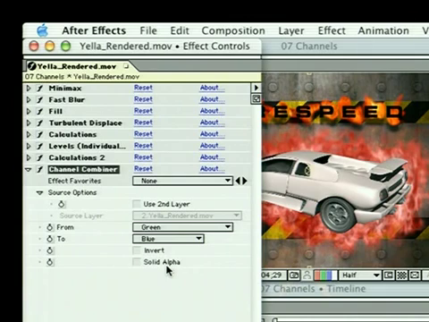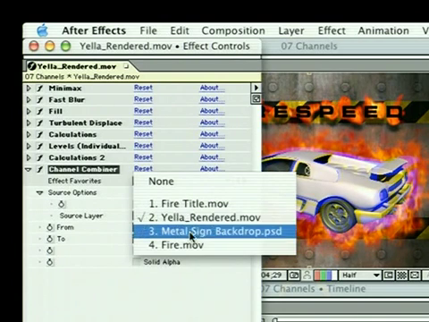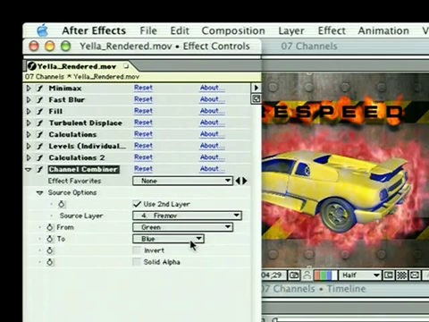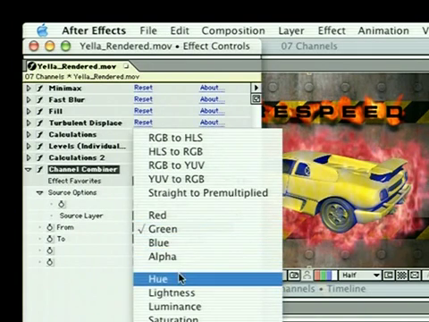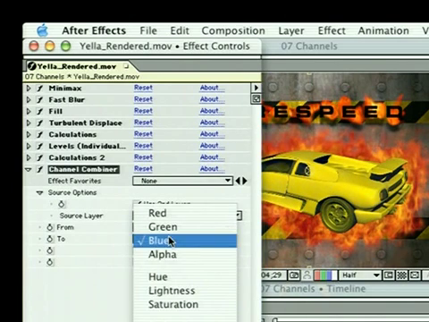But the reason I want to show it to you is this option again here called Use Second Layer. We can use this now to pull in the original fire and apply it to the color of the body so it will look like the flame itself is reflected inside the yellow body of the car. Very quick and easy. So let's go ahead and turn on Use Second Layer, and once again go through and choose the fire movie, and that will apply over the top of the original. And all we're going to do is take the hue from the fire movie and apply it to the hue